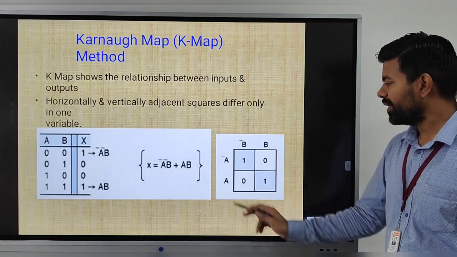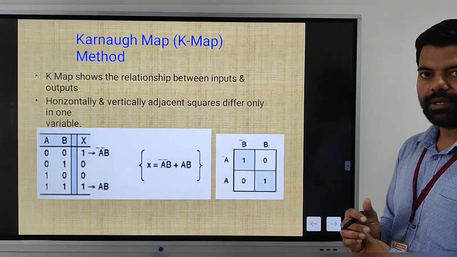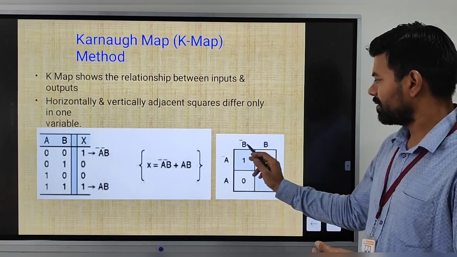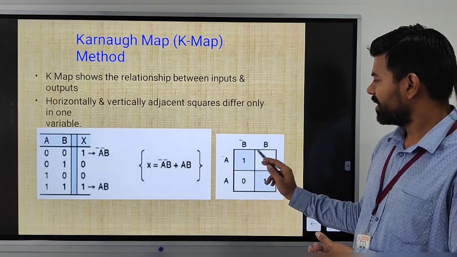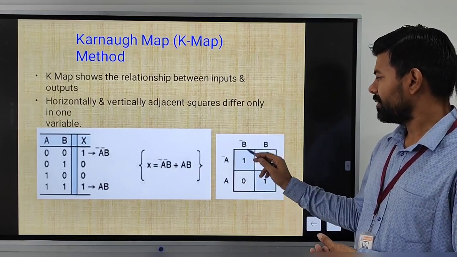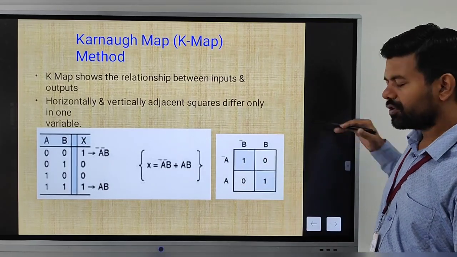Now how to make the K-map? This is the two variable K-map, with four squares. First we write A bar and A in the vertical column, and B bar and B in the horizontal column.